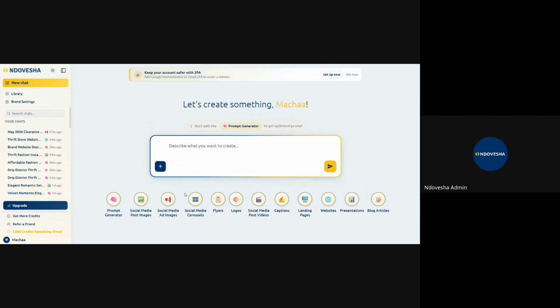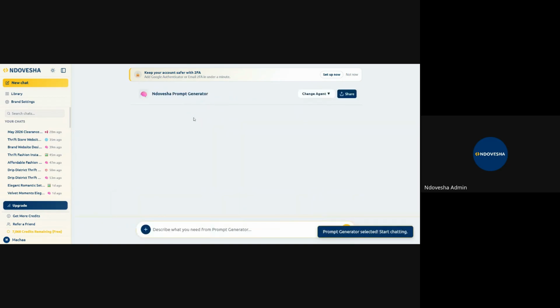So I learned to these agents here, and because we're starting with a logo, we'll use the logo agent, but again, we need a prompt for the logo. So we'll come here, we have a prompt generator agent, then come back here and pick a small description about Drip District Thrift. So I'll come here and tell my prompt generator agent to create for me